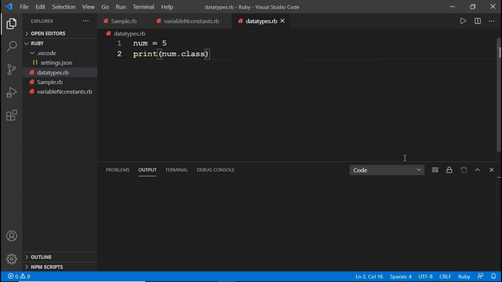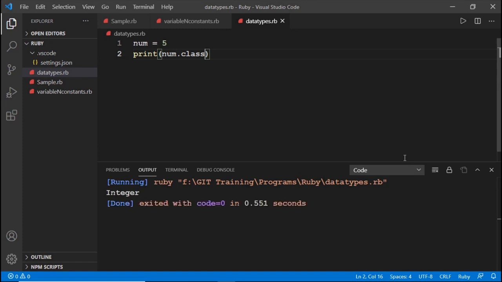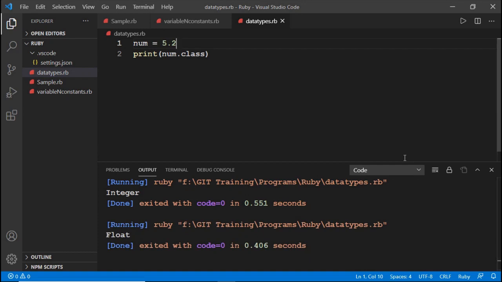So what type of data have we assigned to the num variable? That is integer. So now the class is Integer. See here, the output displays Integer. Suppose you assign a floating type of value, say 5.2. Now let us see, the type of num is Float.